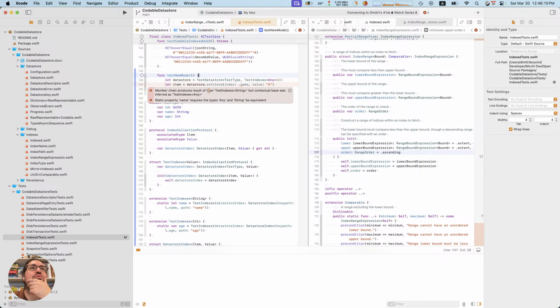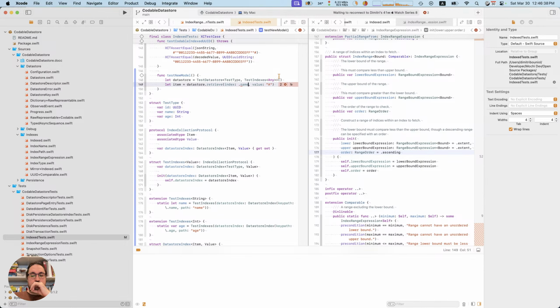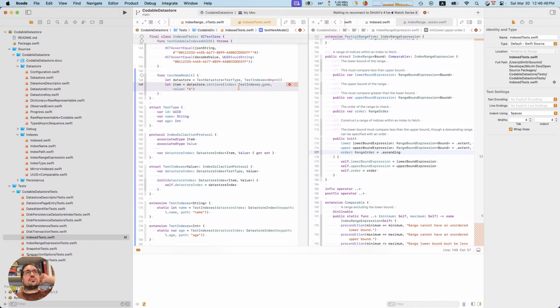Member chain produces results of type string, but contextual base was inferred as... okay, I'm just trying random stuff at this point because I don't honestly understand exactly what it's not happy about.